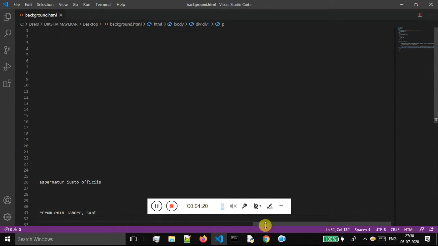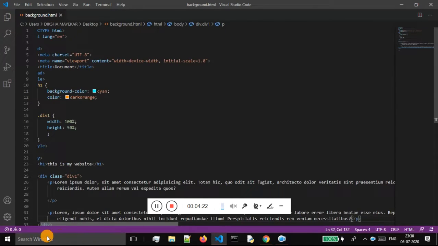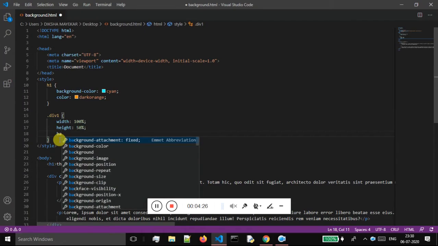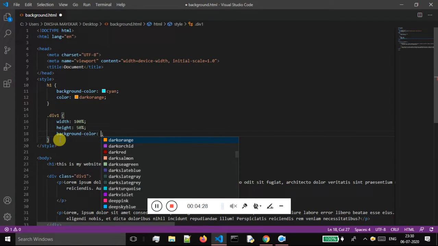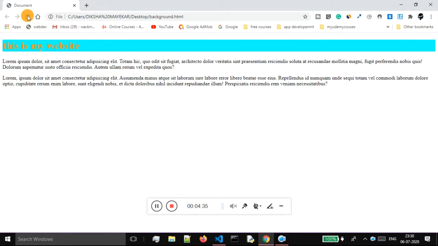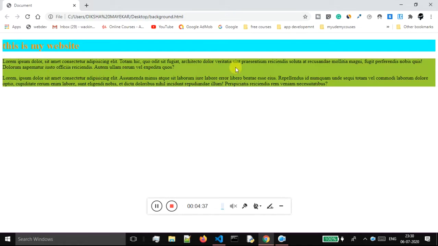It would be better if I'm just giving color to this division. Okay, so I'll come over here and I will say background color, and I will give the background color as yellow green, and I will save this. Let me just refresh. Okay, so now I'm getting this, but as I'm saying, there is no spacing between these paragraphs and this